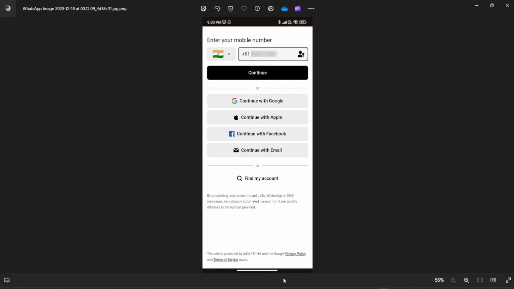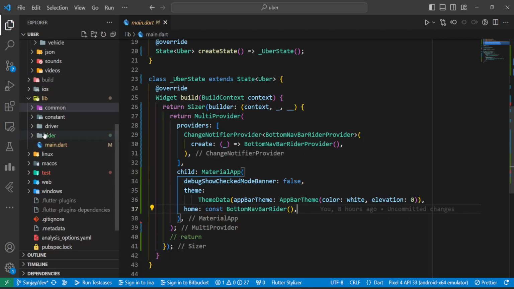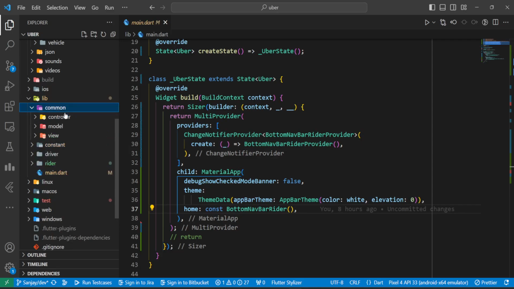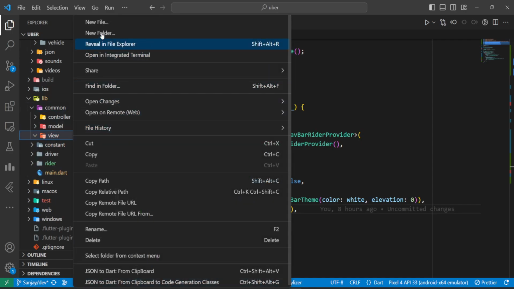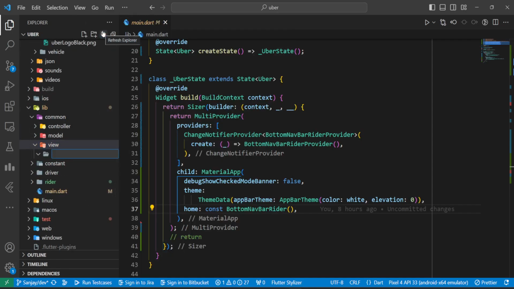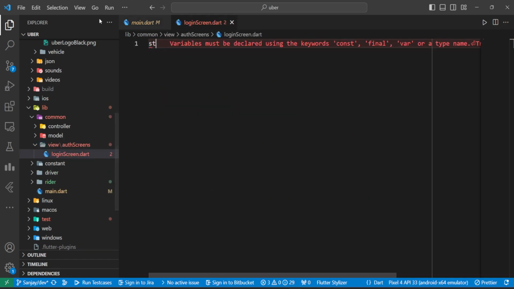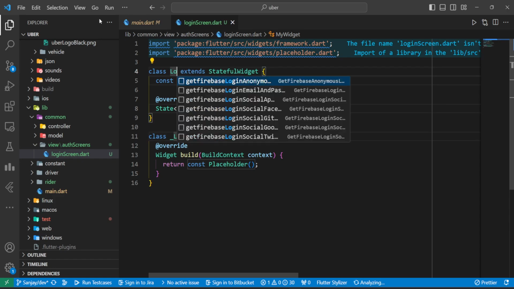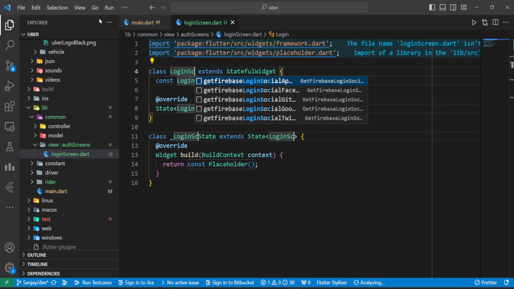So let's implement it. We will head over to our project, go to the common section, and inside view we will add a new folder, naming it auth screens. Then here comes a new file. It's going to be login screen.dart. We will go with a stateful widget. It's going to be login screen,